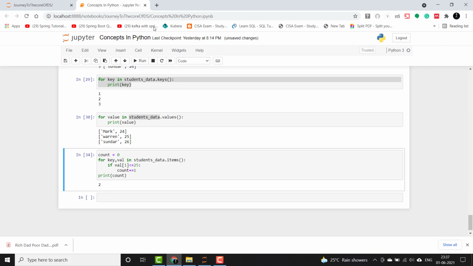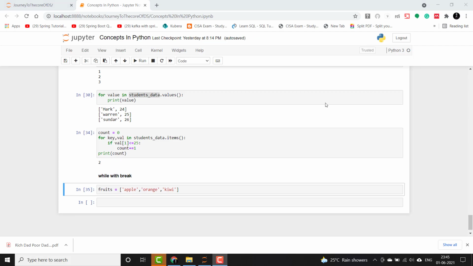this 2 is returned. So guys, now I will demonstrate by an example a usage of while loop by iterating items, and also we shall see the usage of break statement in it. So guys, break statement, as the name suggests, is used to break out of the loop, and let's see that by an example. So let's say that we have 3 fruits and we want to iterate them till the end when no more element is left.